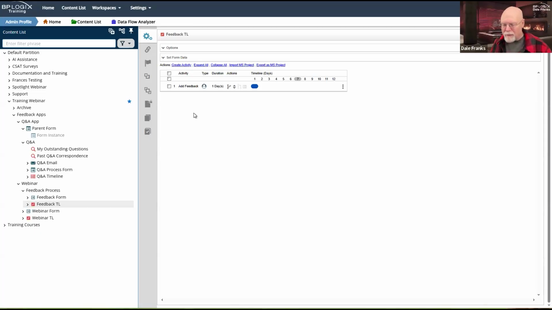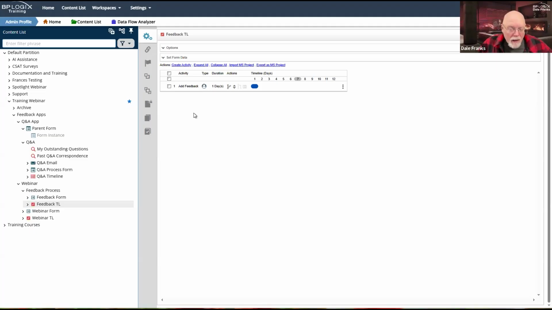Then we have to figure out what you want to do with that feedback. Now, in the Q&A process, I have to have some interactivity. So if I'm the submitter of a question and I'm going to ask somebody a question, they're going to need to be assigned a task to answer that question. And I'm going to need to be assigned another task as the submitter of the question to see that it has been answered. So I get my email notification that it's been answered. I get a task assignment. Basically, I'm trying to force the submitter to open up and clear that task off of their timeline by saying that I am done with my question.